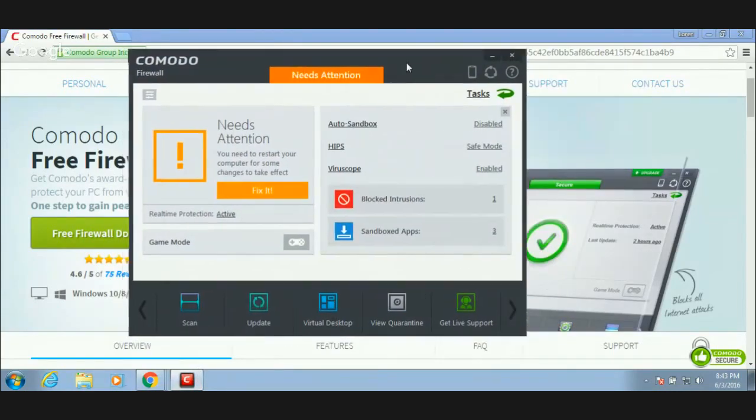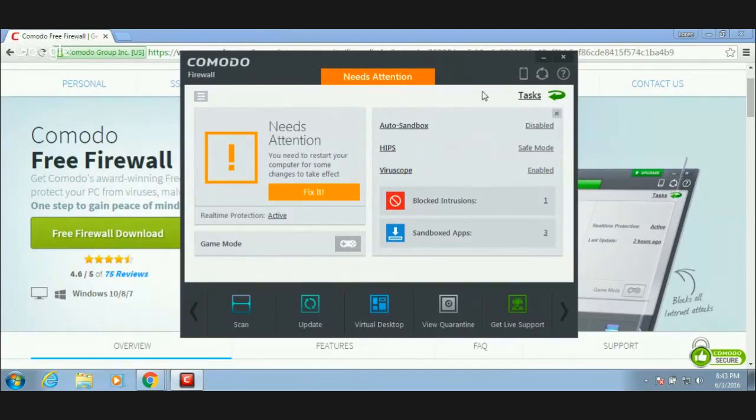And when you first open it up, it's pretty nice looking. You know, it's got all of the main uses right there on the front page. It's got the scans, the updates. You can start programs in a virtual box or in a virtual desktop sandbox type